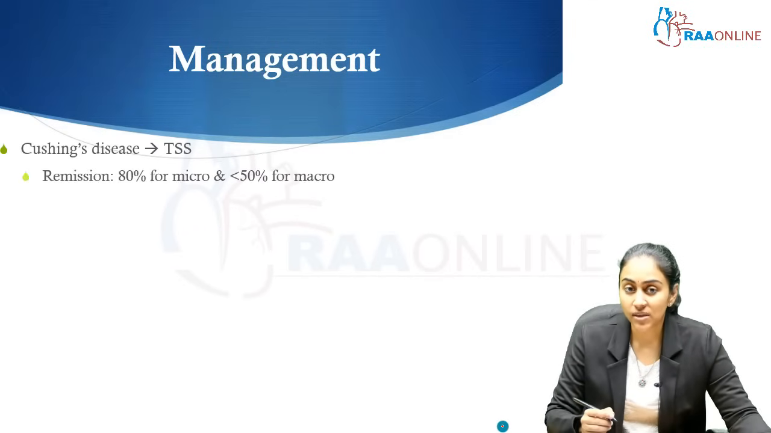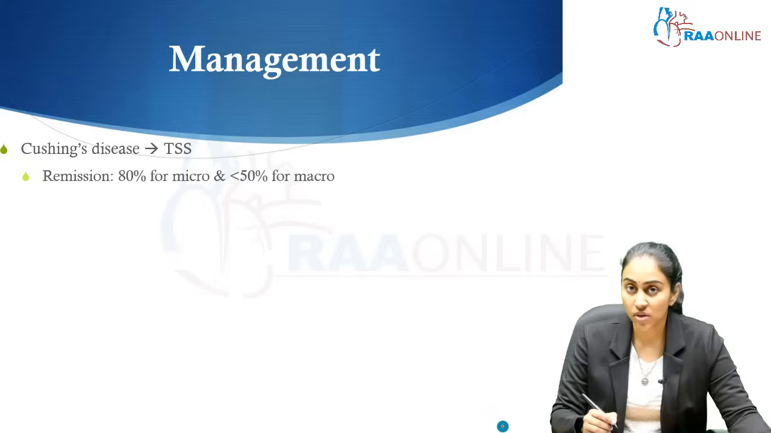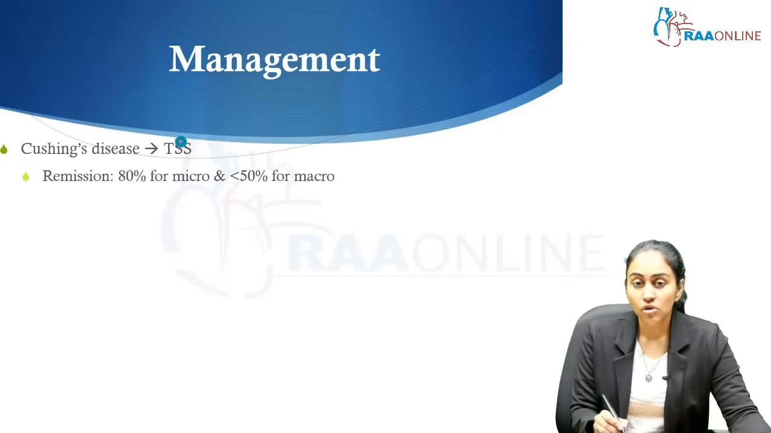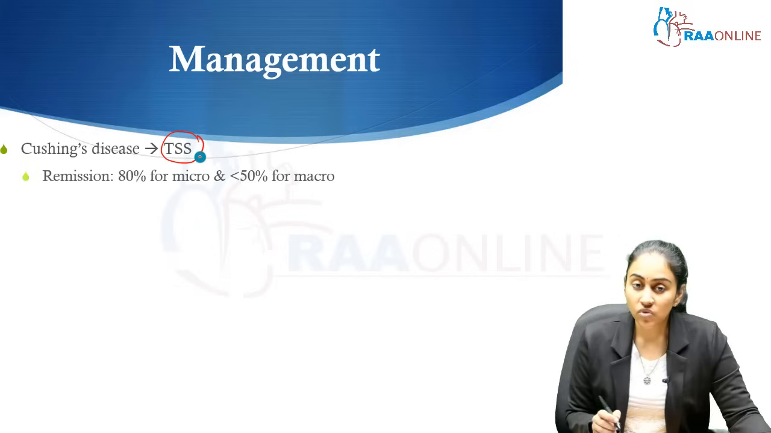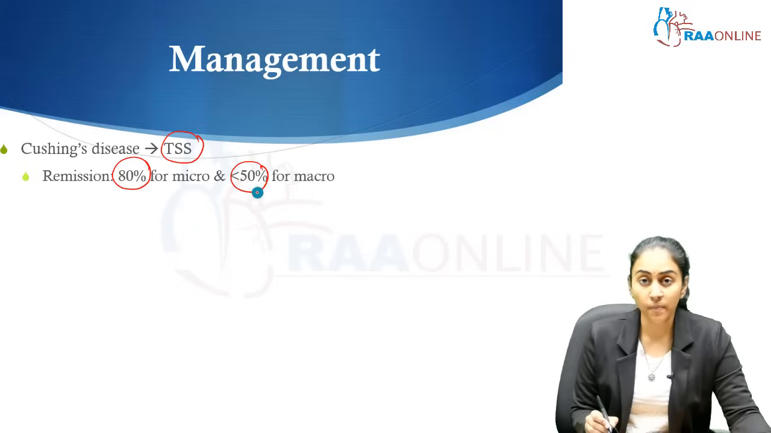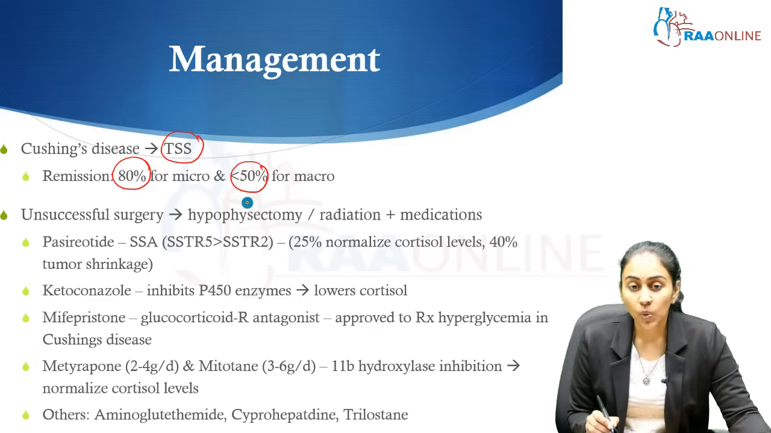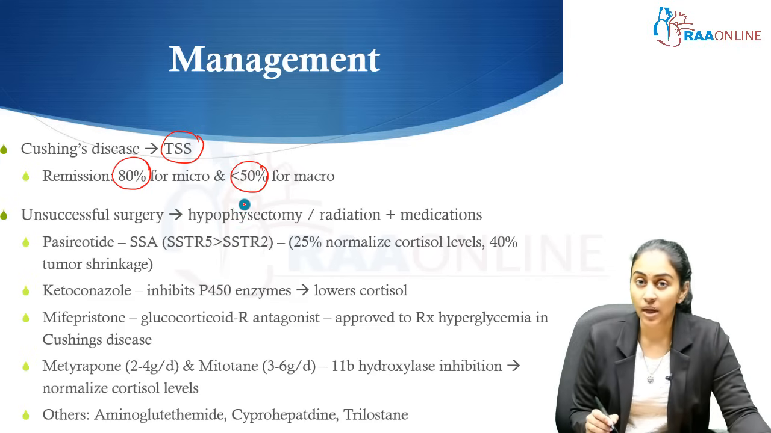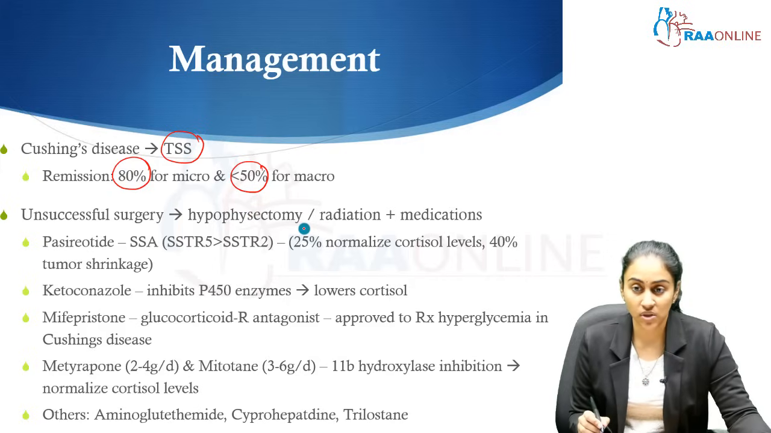So, how do we manage these patients? As I mentioned earlier, most of the ACTH secreting tumors do not respond well to medical management. So surgery is the treatment of choice. We need to offer transsphenoidal surgery. Remission rates are about 80% for microadenomas and 50% for macroadenomas. In case the surgery is unsuccessful, we will have to offer hypophysectomy, removal of the entire pituitary itself, or